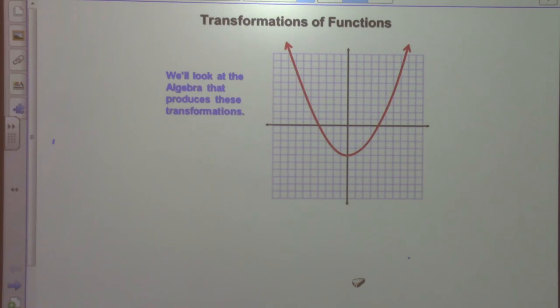And what else can we do with it as a translation? Translation. The translation would be moving either left and right or up and down. Okay, and there's one more thing we're going to examine today, which is what other thing can you think of? Dilation. Okay, now you mentioned dilation, but in Algebra 2 language, we don't call it exactly dilation. We call it a vertical stretch or compression, or a horizontal stretch or compression, which isn't exactly the same as a dilation, but still has a similar idea, because